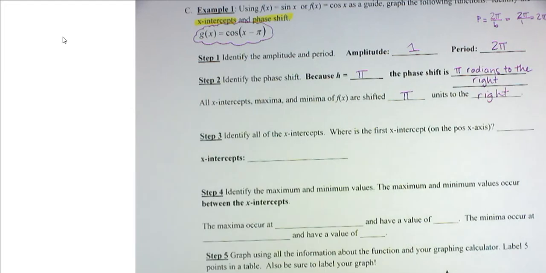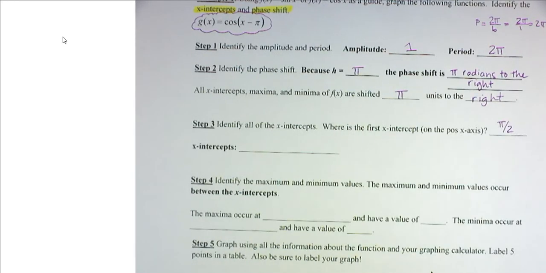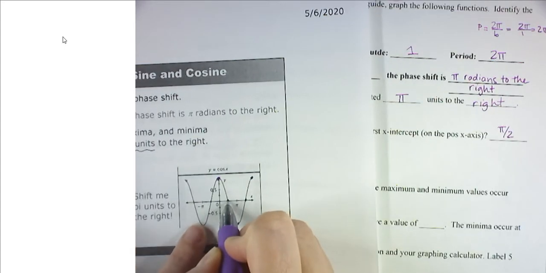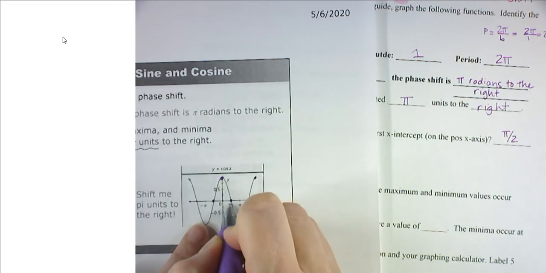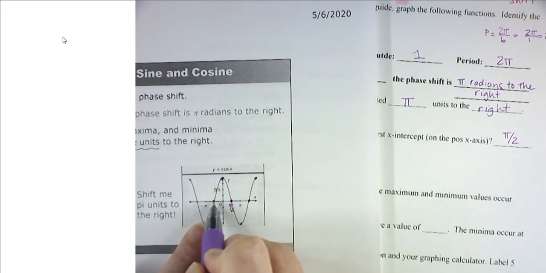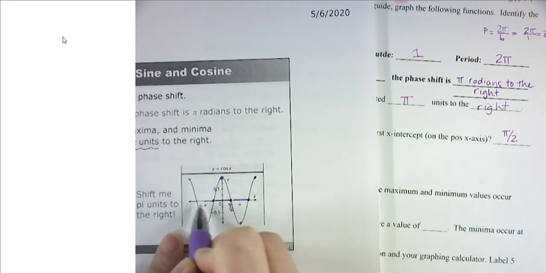So if this occurs at pi over 2, and then again, you can see on your original graph, the x-intercepts occur every pi units, right? Because this is pi over 2. So this is half of a pi here, half of a pi here, a full pi is happening in between. So that length is pi. This length is pi. This length is pi. So the way that we show that these occur every pi units